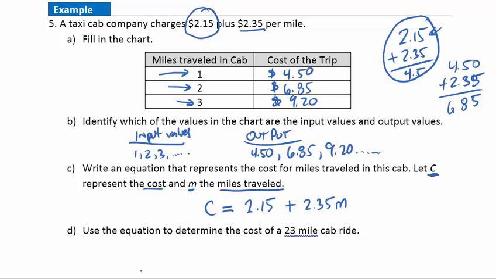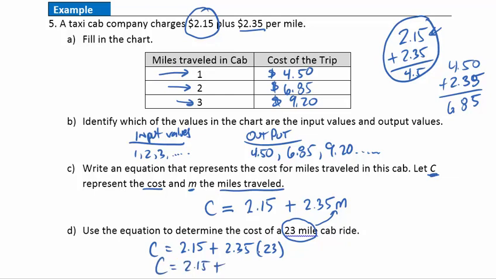All right, question D. Use the equation to determine the cost of a 23-mile cab ride. Well, all we have to do is take 23 miles and put it in there for M in our equation, and we'll figure out the cost of that cab ride. So let's see, cost is going to equal $2.15 plus $2.35. I'm substituting for a variable, so I'll put that in parentheses. Okay, so to solve this,